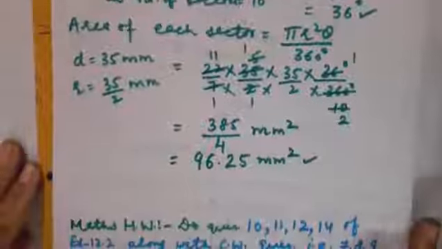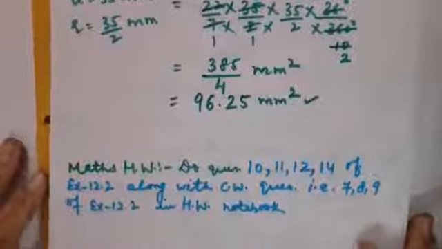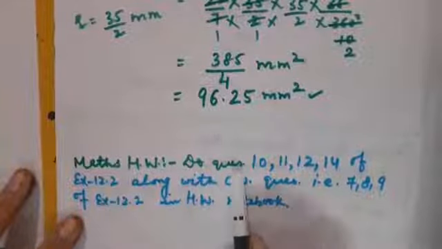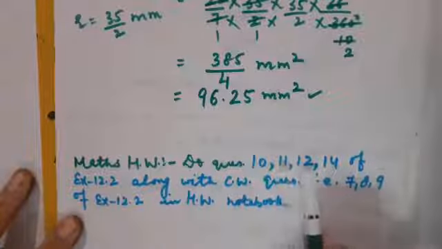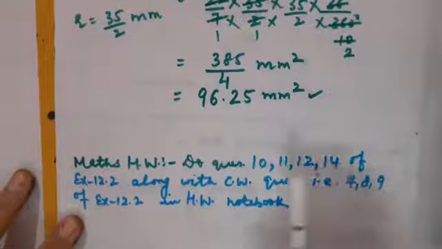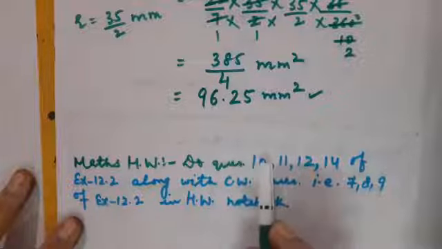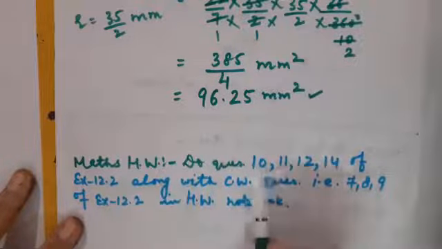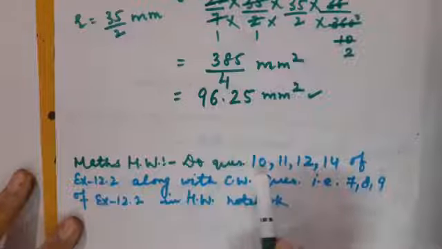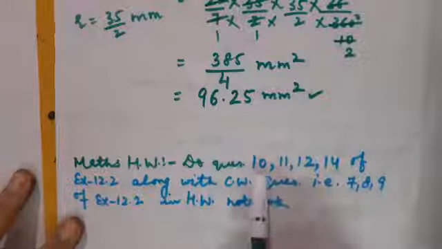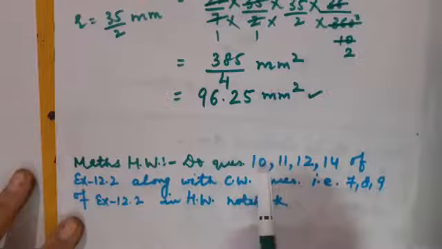Now children, that's it for the day. This is the time to get mathematics homework. Please note down. Children, you have to do question 10, 11, 12 and 14. In question number 10, there is an umbrella formed with 8 ribs. So it means the complete umbrella will be divided in total 8 ribs. So you will have to calculate the center angle, that is complete angle 360 degree by 8. Okay, you will be getting 45 degree.